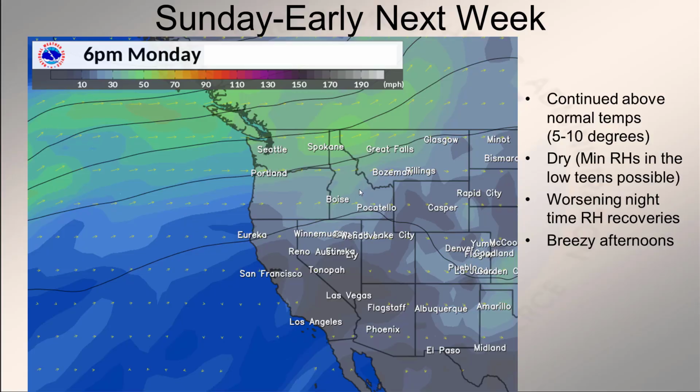As we get into Sunday and early next week, the flow still is overall a ridge of high pressure, but it flattens a little bit and gives us more of a westerly flow aloft. So we're going to continue to see those above normal temperatures, again about 5 to 10 degrees above normal. And with that, it should be a fairly dry atmosphere by this point, so we could start seeing those min RHs in the low teens look possible. And with time, we'll be seeing worsening nighttime RH recoveries and some development of some thermal belts. But due to this little bit flatter flow aloft, that's also going to lead to some potentially breezy winds that